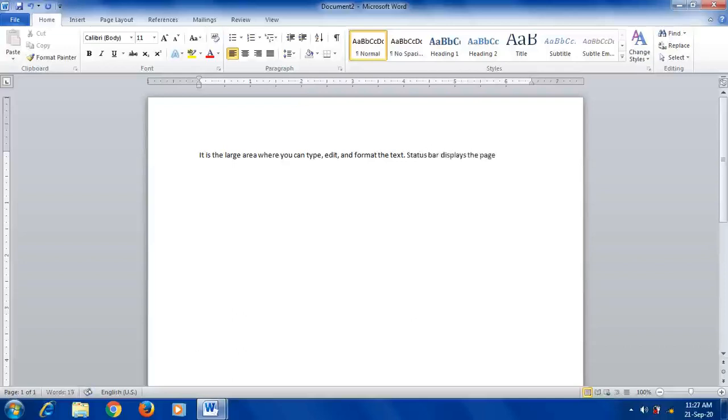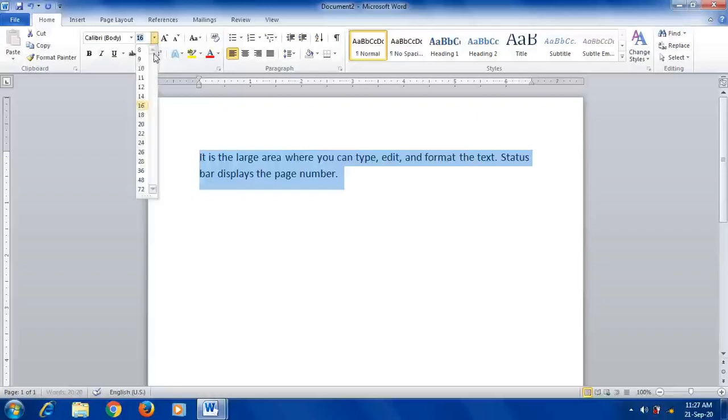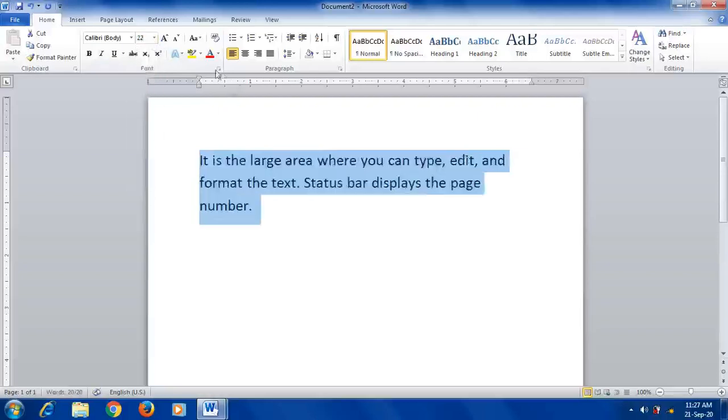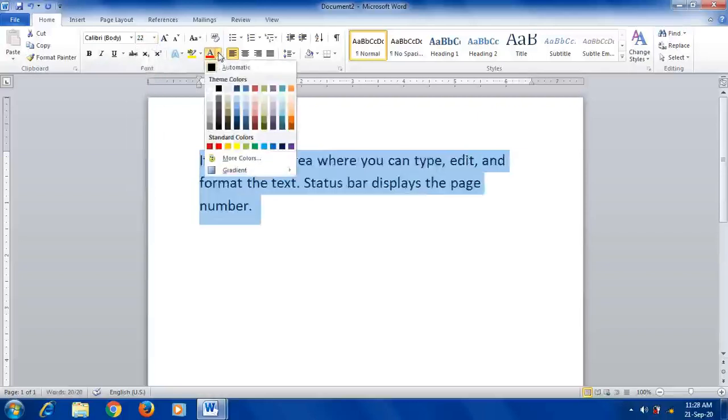Okay, so only one sentence. Now I have edited, in the sense I have added one more sentence. Next, format: you can increase the size by using this size option. Then you can change the color by using this color option.